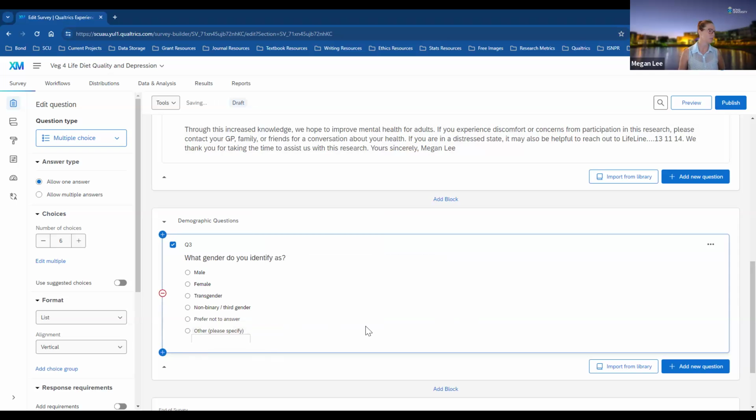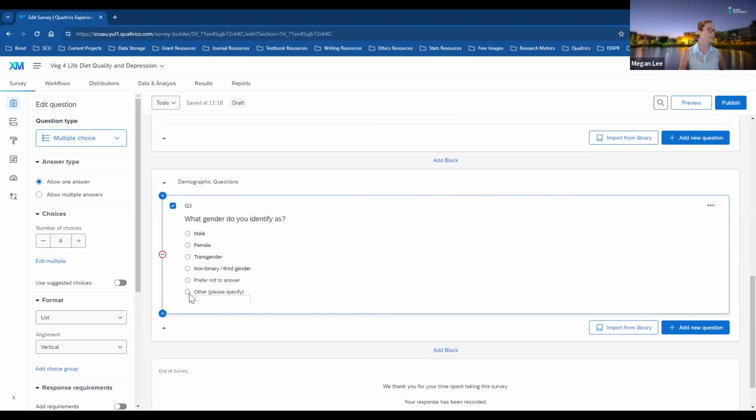Now that's given us the option to let them tick other, and then in the box create what their other will be. Now in SPSS and Excel, this free text entry will create a new column where participants who have clicked other have put their text entry in, and you can, as a researcher, decide whether or not those other